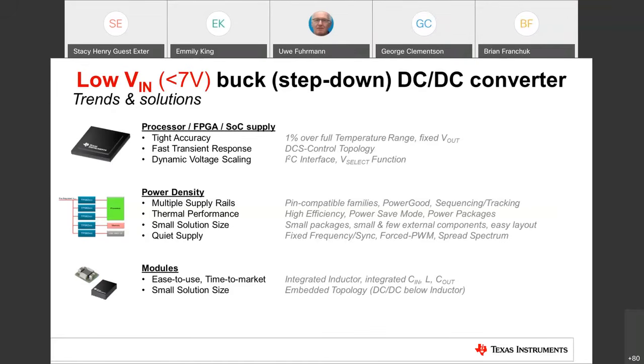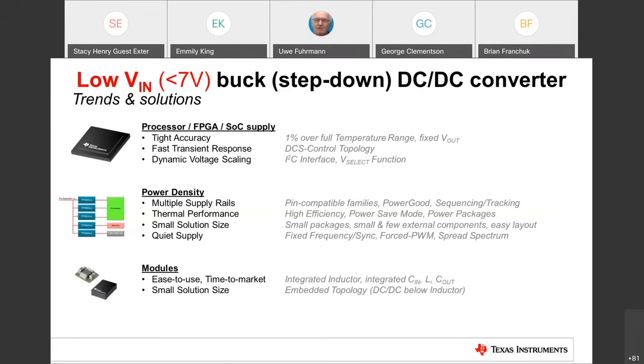Coming with the lower supply voltages, coming often a higher current. So we see a trend also that many of these digital world parts, processors, FPGAs, require higher current than in the past. And that means the transient response needs to be much faster maybe than in the past.